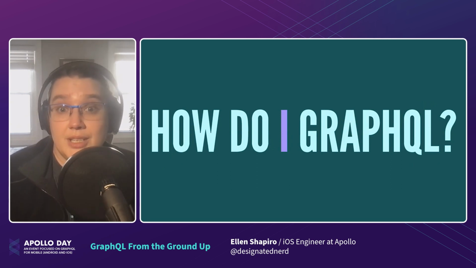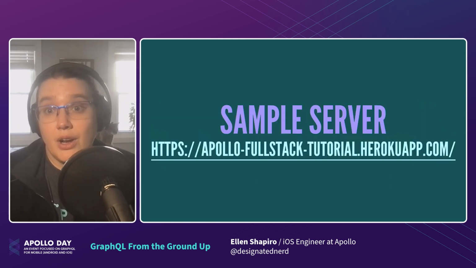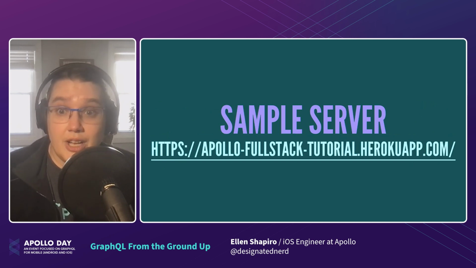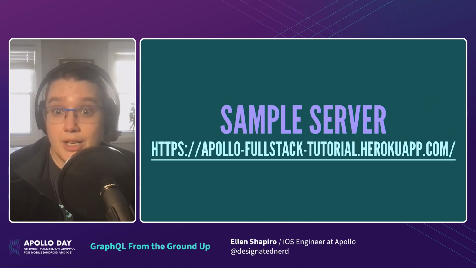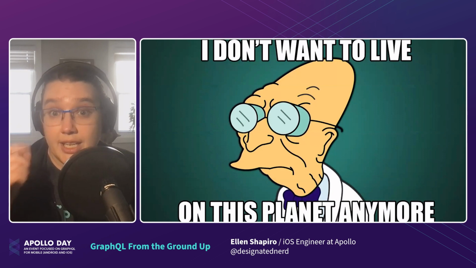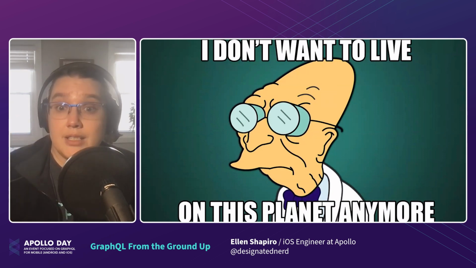I'm going to be giving some examples using Apollo's sample server, which is the result of our full stack tutorial and which gives information about various SpaceX launches and allows you to pretend to book a trip on one of them. After the last few months, I'm sure that sounds like a really attractive vacation to a lot more people than it did before. Anyway, the first thing to understand is how GraphQL tells you what you can ask for,